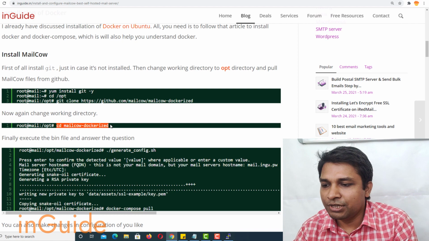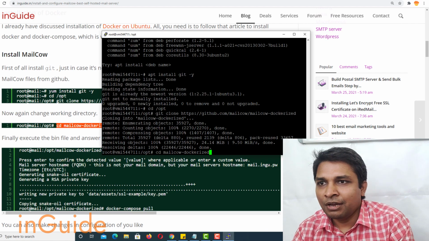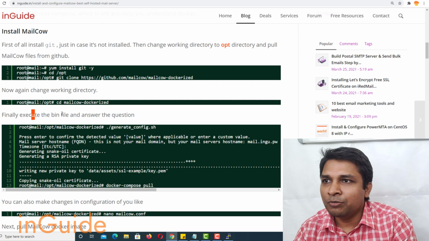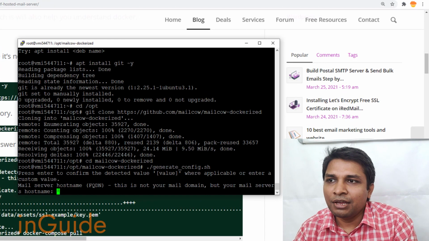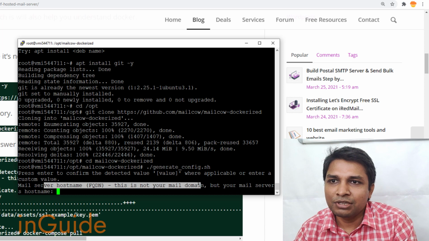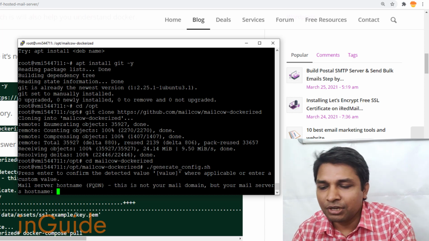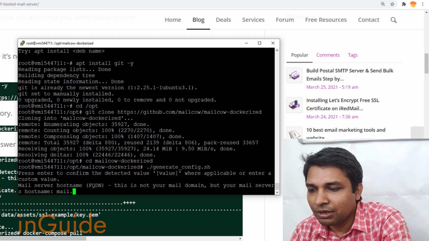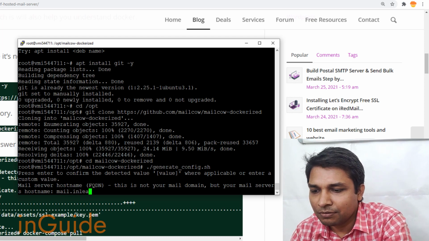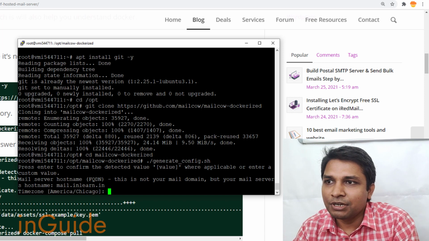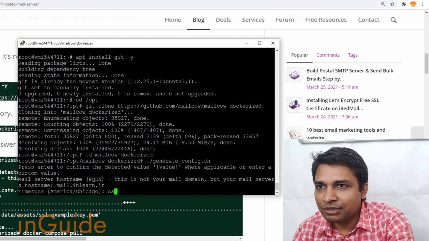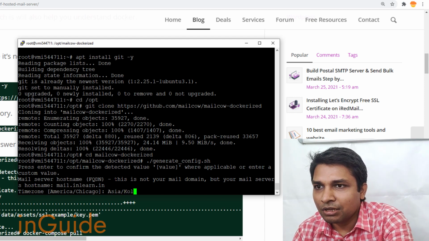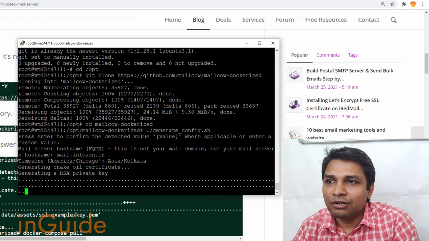And next you have to change the working directory, and finally you have to execute this bin file, and this will do the magic. Now I haven't set the server host name, so this is asking to set the host name. So I am going to type mail.inlearn.in. After that I'll press enter. Then this will ask you the time zone, so I will type Asia and then Kolkata, and after that it will